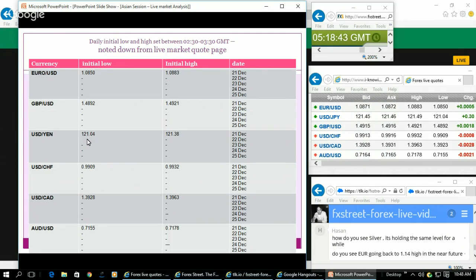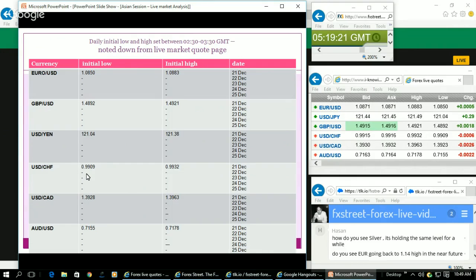In the case of yen, 121.04 is the low and 121.38 is the high, but they breached the high because it is the Japanese session, the Asian session. They are active in the case of yen, and they breached the high 121.38 and went up to 121.49. They will mainly gain nominal levels in yen and yen crosses, and again they will make a drop in yen after going to 122 in order to induce the long holders to liquidate, and then they will go to 123.